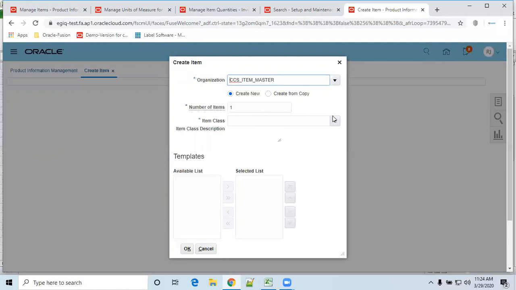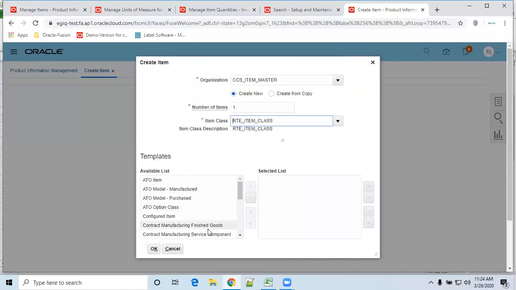No, see, when you select the class, automatically templates will appear. But I am in my item class, I have not created any template. If you have not created one, custom templates won't appear, but default templates will come. Nothing came. Okay, I'll show you how to do that. So this is the item class.